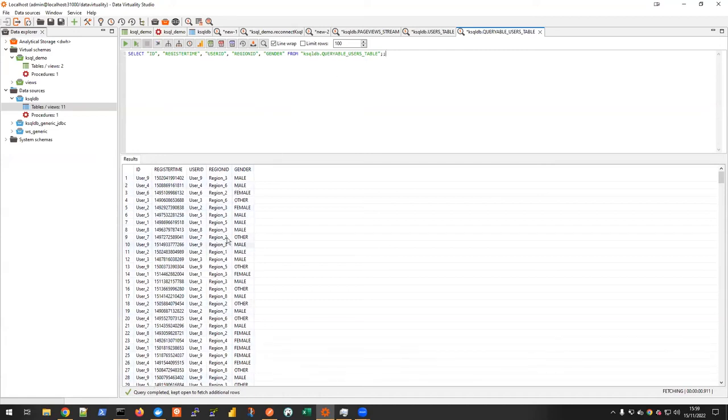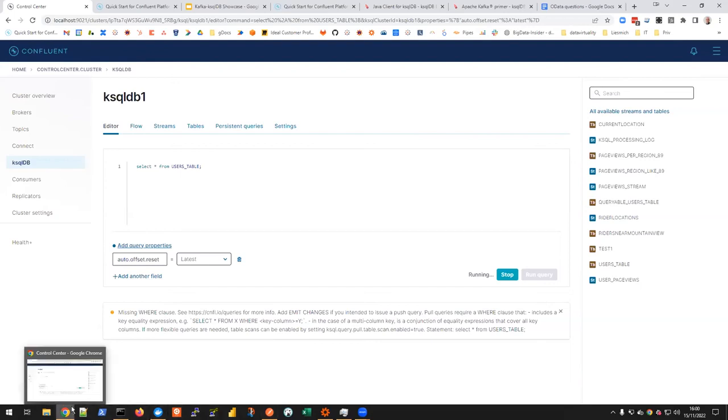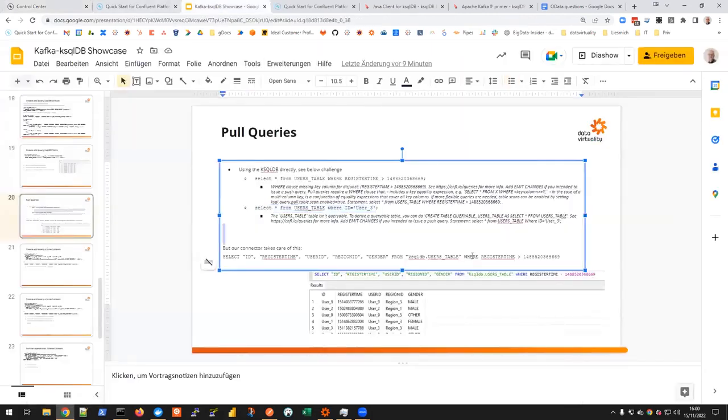But we can see a little bit the difference here on how our KSQLDB connector behaves from DV. It's really a client, while this one issues the statements directly, right? So the select star from users table actually worked in DV, while without image changes or without any parameters, it does not work at all, right? It won't let me do that without image changes, but in Data Virtuality it worked because we internally add this image changes. But then it's a streaming result set, and you basically have to have a challenge